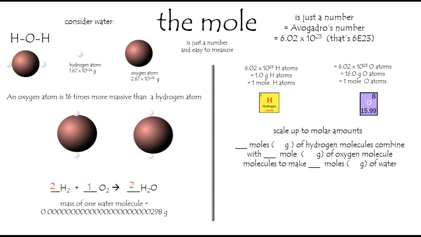When we scale up to molar amounts, we say that 2 moles, see that? 2 moles of hydrogen, since each one is 1 gram per mole, we'll use 2 times 2, which is 4 grams of hydrogen molecules, and we better combine them with 1 mole, see that? 1 mole of oxygen molecules, which is 32 grams, and that'll give us 36 grams of water. We now have a recipe. If we want to make 36 grams of water, no problem. Use 32 grams of oxygen, use 4 grams of hydrogen, and you're good to go. You will have the correct number of atoms, or in this case molecules, of each, and you will be adjusting